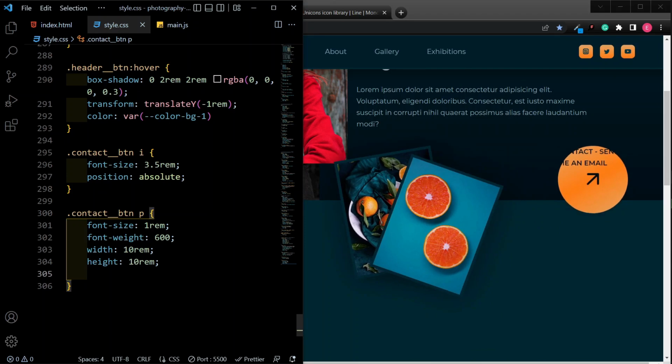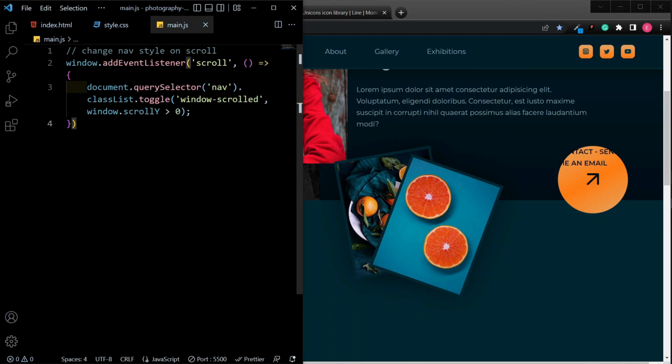Okay, so not bad. But as I said, we are actually going to split the individual text using JavaScript, and then put them inside a span. Okay, and for each of them, you are going to give them a rotation, and that is going to give us that circular text effect. Okay, so let's actually head back to JavaScript,